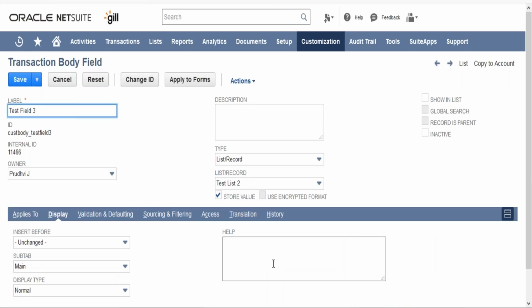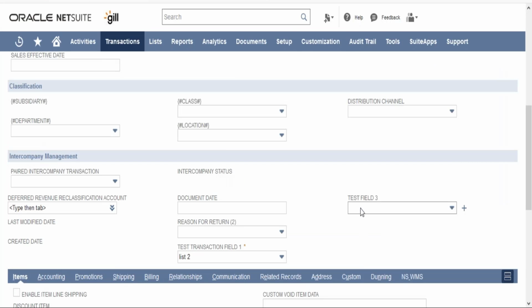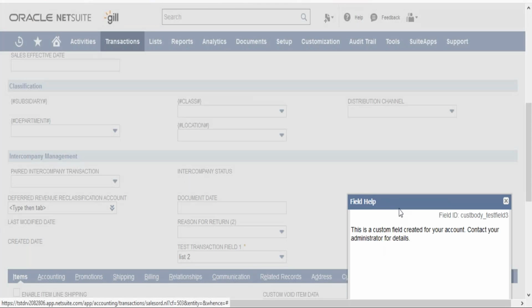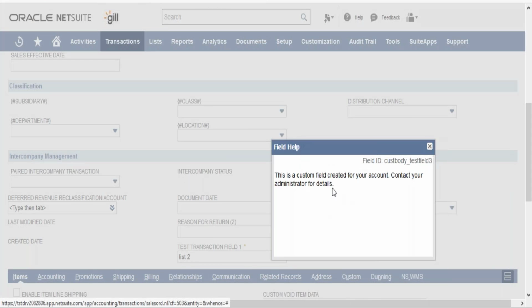So under sub display, I can also define the help. What is help? If I click on the label of this field, what should be the help that is shown? In case you enter something there, it will show here that this is the field, this is the help for it, what information you need to enter there. Okay,